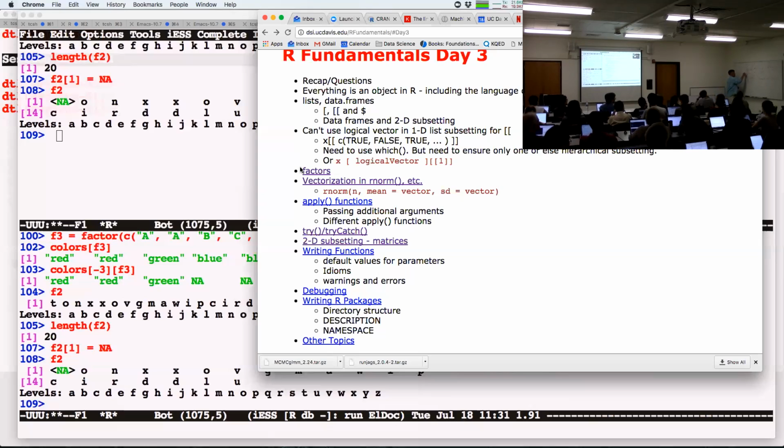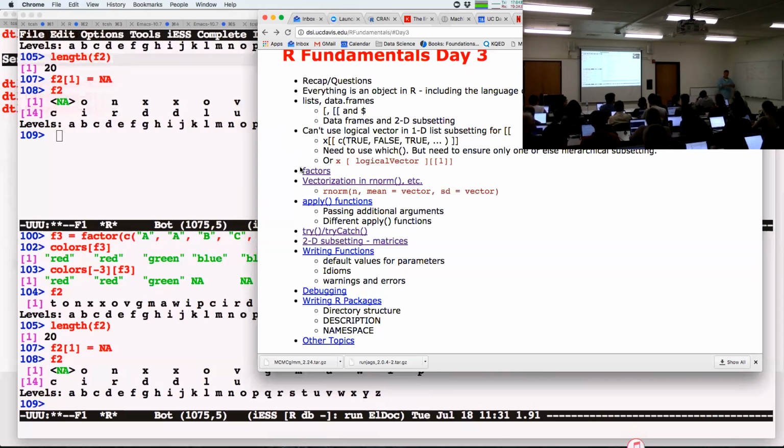I told you this earlier as a matrix. This guy here is actually a matrix. If you take a look at the type of it, it's a numeric vector. Let's say those are all numbers. The attribute is that it's got a class called matrix, and it's got an attribute called dim, an integer vector with 2 numbers: the number of rows and the number of columns. And that's how R knows to print it as rows and columns.